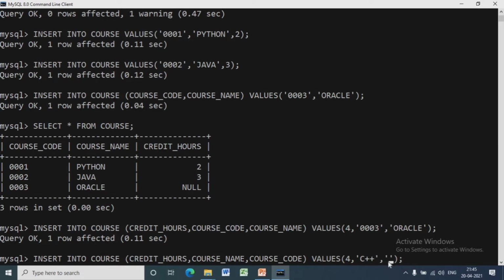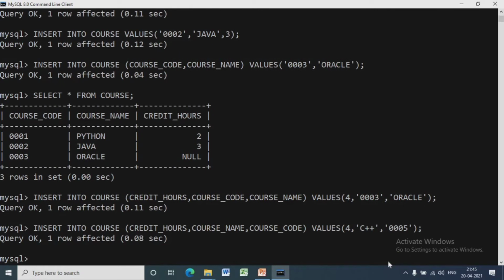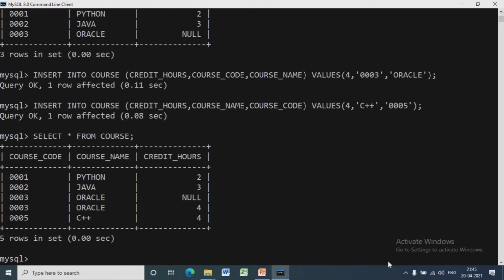Now 2 rows are inserted, and we'll run select star from course to see all the data inserted into the course table. If we are not giving any data, it is storing a null value. And as you can see, first course code, then course name and credit hours. The sequence will remain the same.